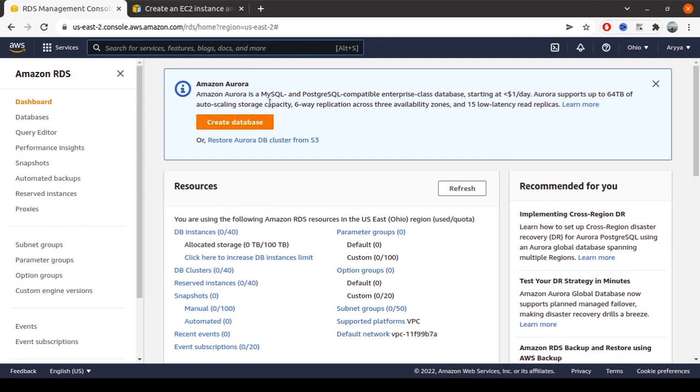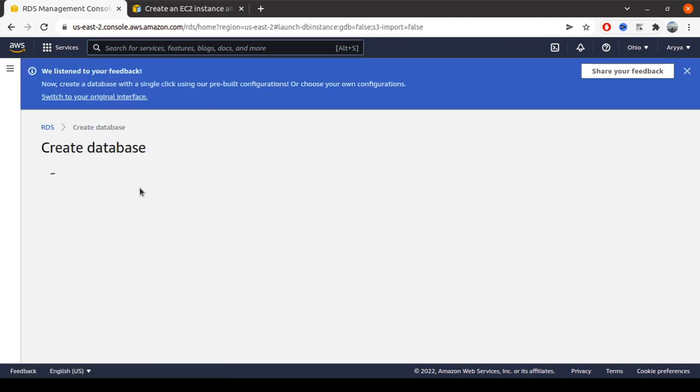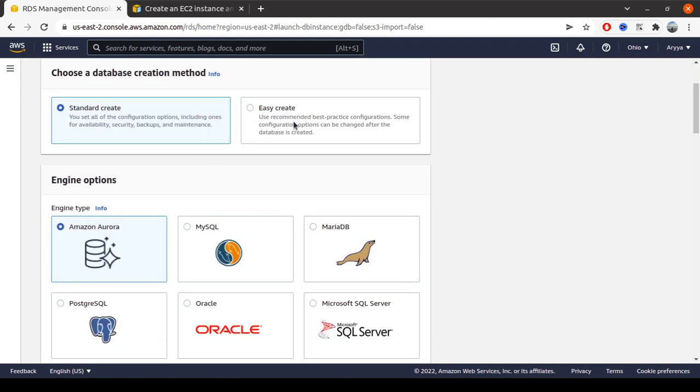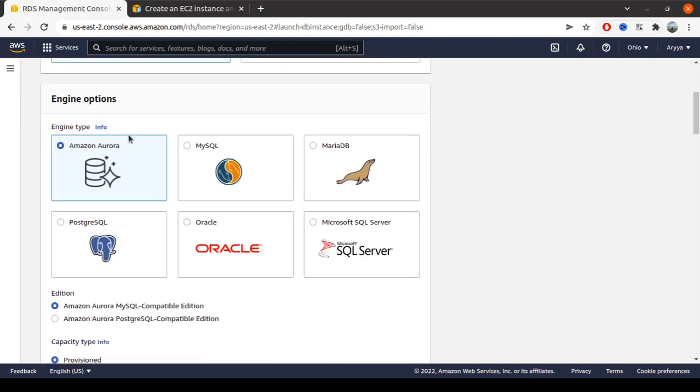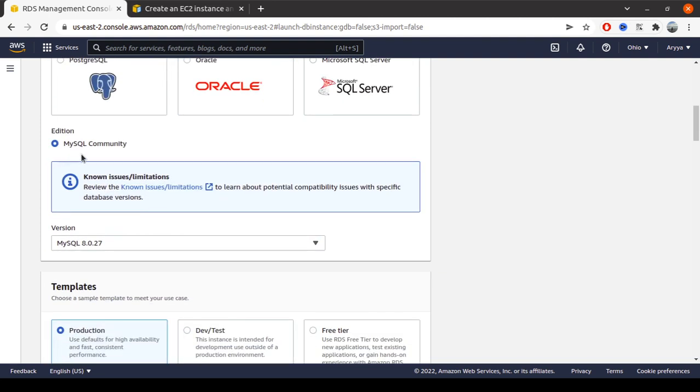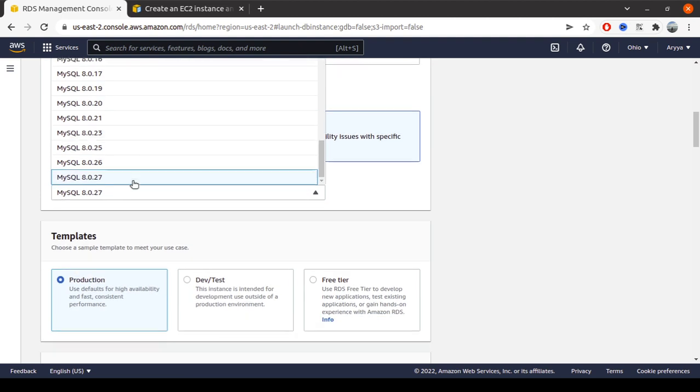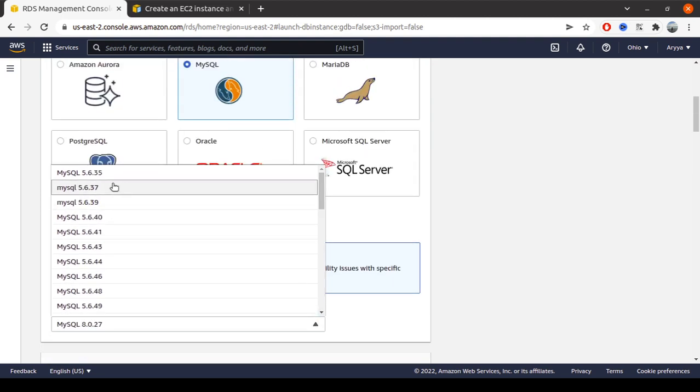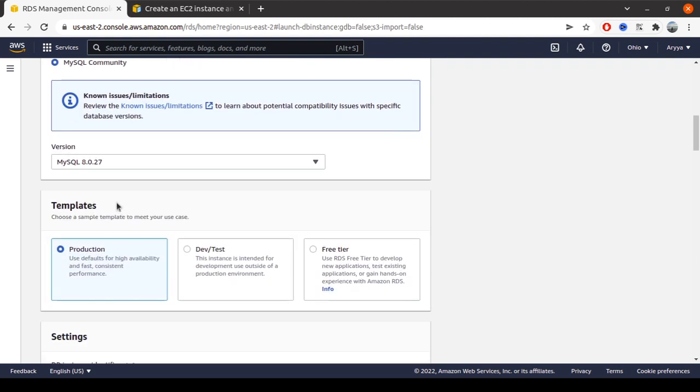Let's create a database here by clicking the create database button. Standard create, and for the engine option I will use MySQL here. For the MySQL version, version 8 will be okay. You can also choose an older version, but for me the latest is better.